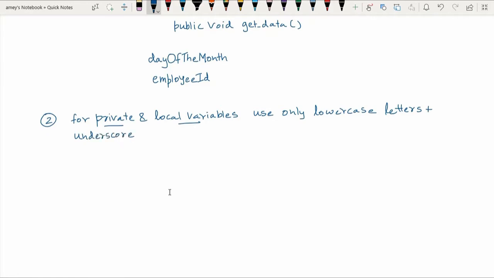Okay, so private and local variables can only use lowercase, so there is no combination of upper and lowercase. If there are more than one words, you can use underscore to separate those words. For example, if you have a local variable or private variable that stands for, say, batch strength of the student in a particular batch, I can write it as batch underscore strength.